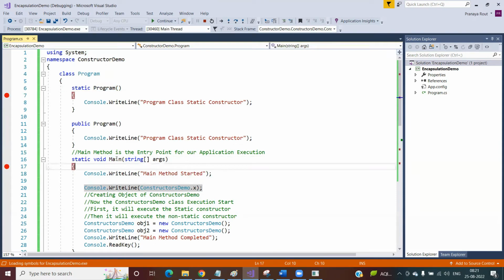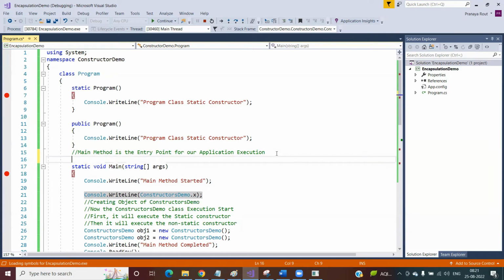But in this case, why is it executing the static constructor before the main method? Because of how the main method is invoked. The main method is a static member, which means you need to write some code like this. This is the automatically generated code, the Program.Main statement, executed by the compiler. When this statement is executed, this method is going to be invoked. But this is nothing but your class name, which means you are using the class name for the first time. So before executing this main method, it is going to execute the Program class's